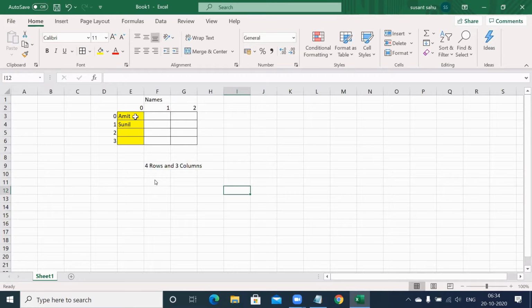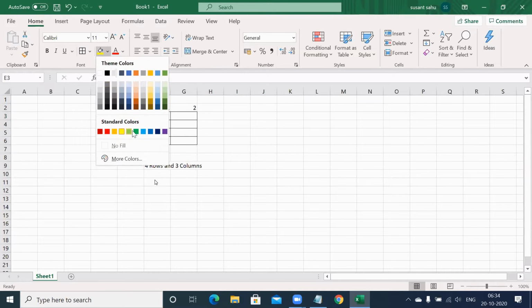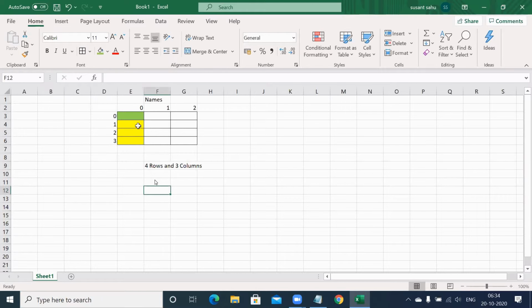So if it is so, then its row index and column index combined together will decide what is the address of this cell, or index of this cell. Suppose this one, the green color one. Then I will say 0, 0.